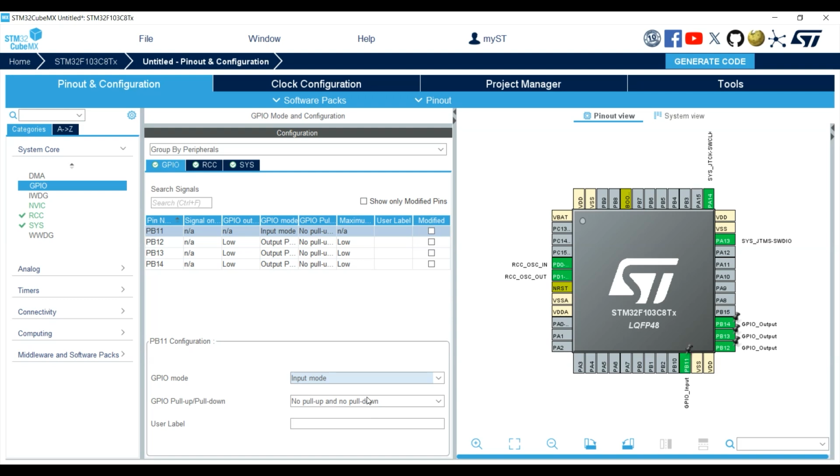Let's say when the push button is pressed, it is connected to 3.3 volts and its value is high. But when the button is not pressed, is it high or is it low? Of course, it is not high because it is not connected to 3.3 volts anymore. But is it low?